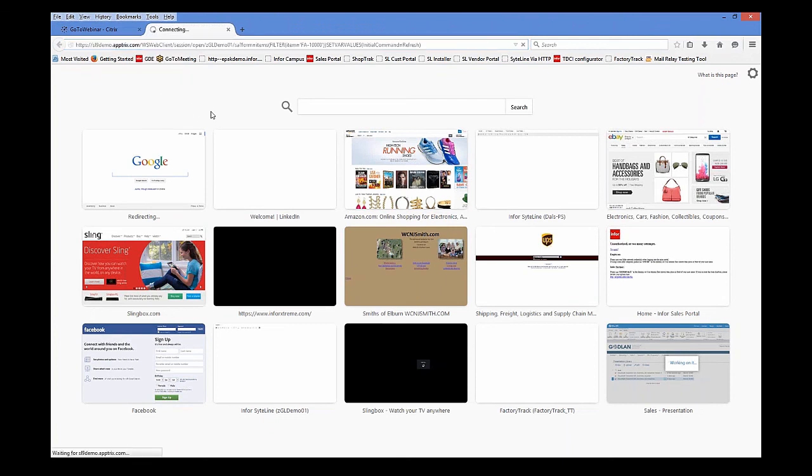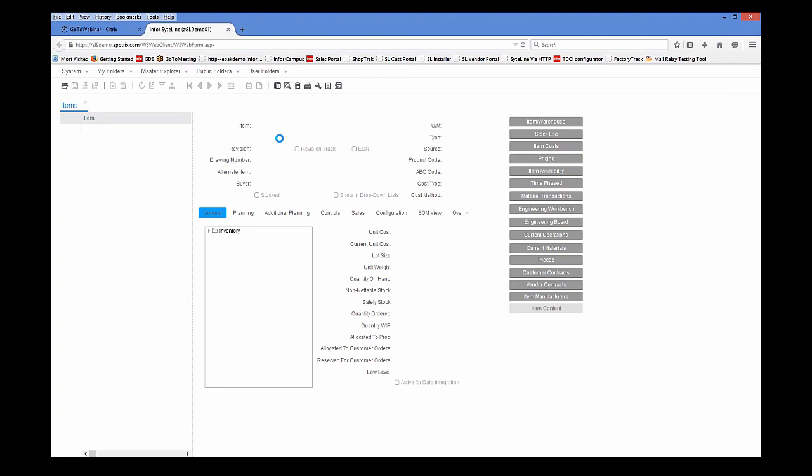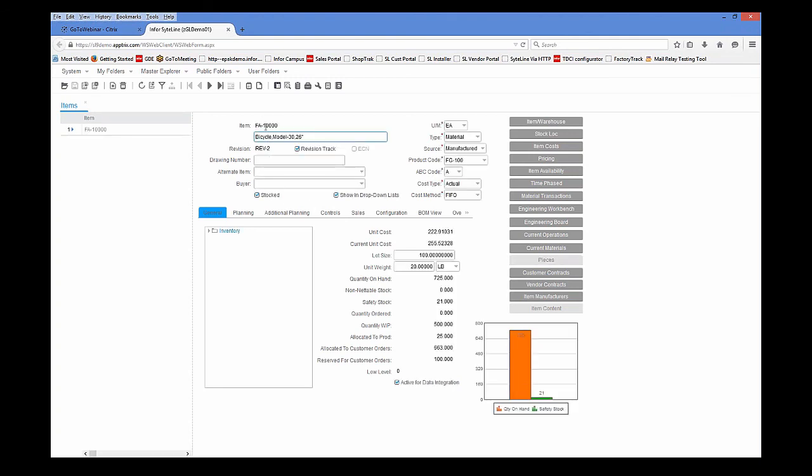So this could even be our home page here. And what this is actually going to do is open it right up and go right into our FA10000 here, right from a cold start. So I've opened the browser right from a cold start, popped in my FA10000, and now I'm into that particular